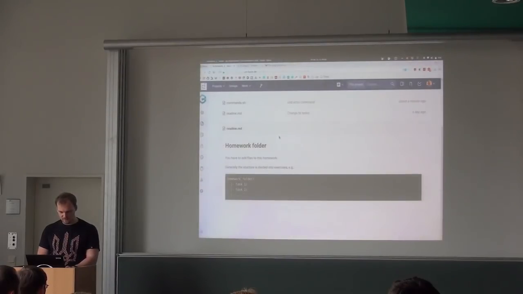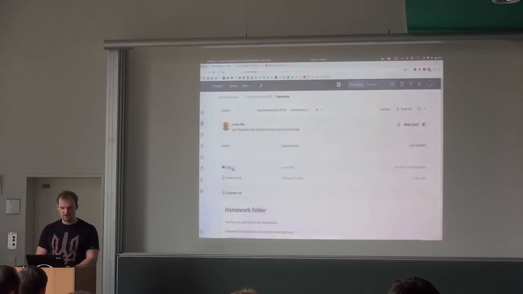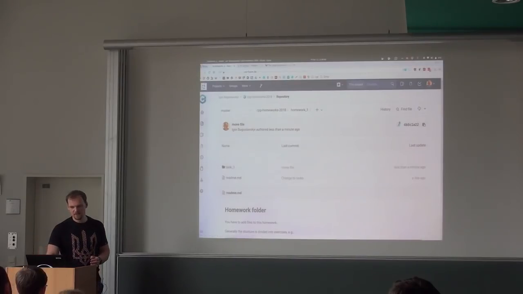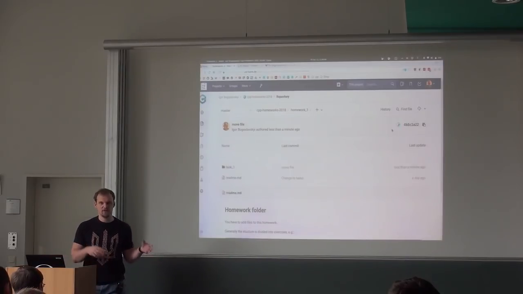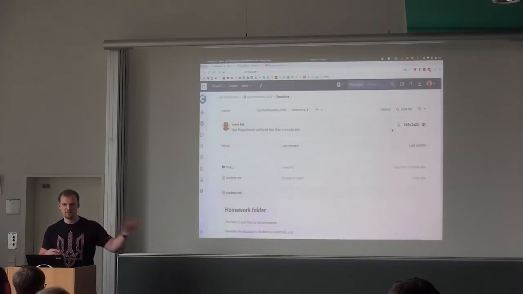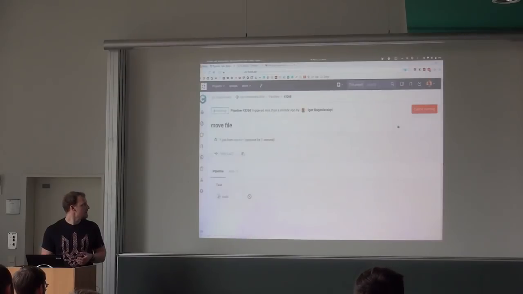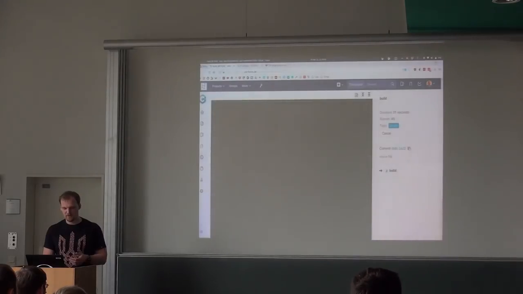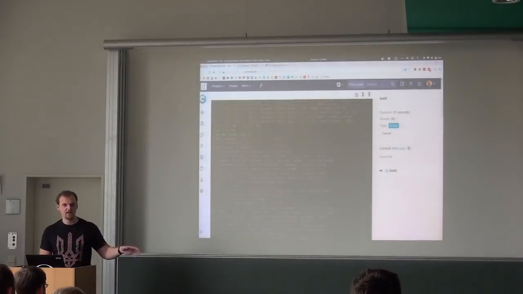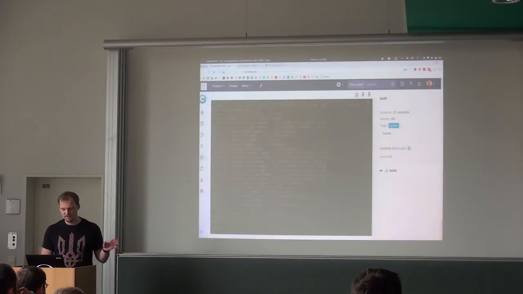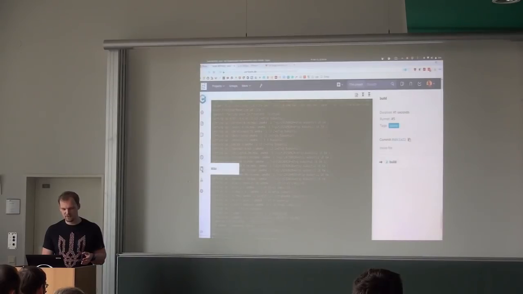So the idea here is that now there is a folder, and it will actually start a build. It will build your code automatically on some server that you don't know, and this will be shown over here, this small thing. If you click on it, you will have a lot of information. You have to click on build, and this will show you what is going on. You don't care about any of this text, you just care about this being done. The moment it's done, it will update a wiki of your project.